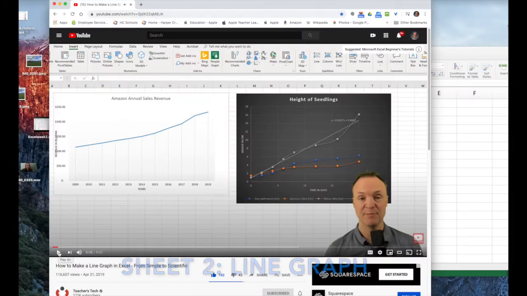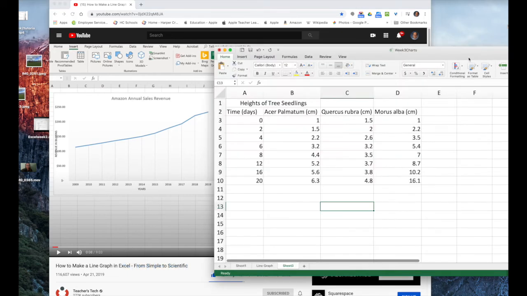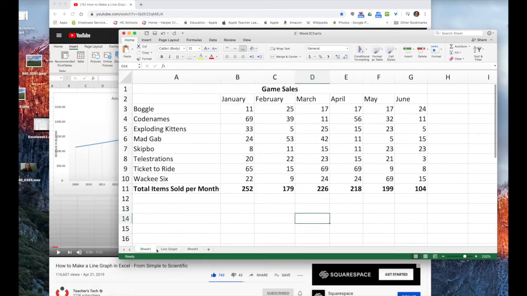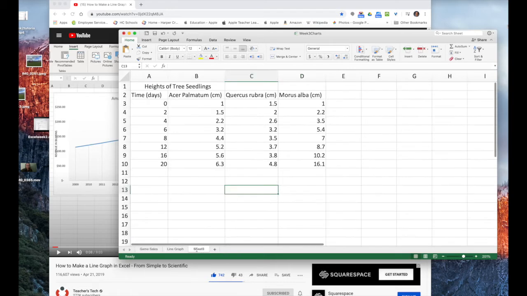Okay, for your second two charts, you're going to be using this tutorial here called How to Make a Line Graph in Excel, from Simple to Scientific. It's fairly simple. In your same workbook, the same one that you did the first sheet on for game sales, which I'm going to rename that game sales, okay, we're going to create